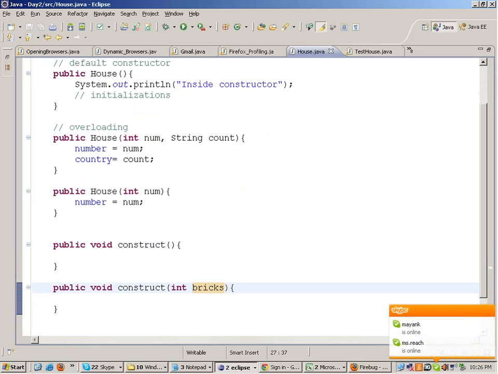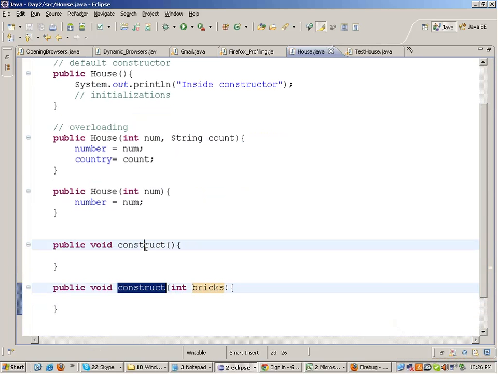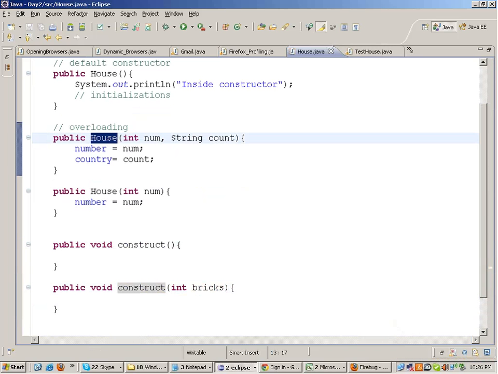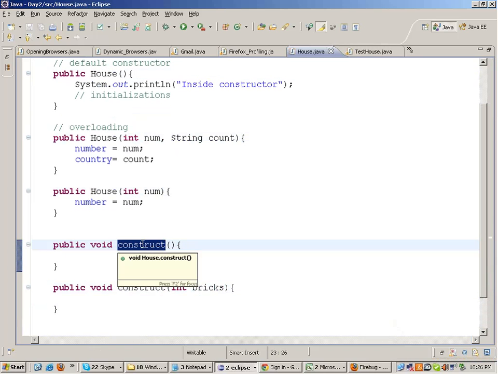So whatever number of bricks you pass on, this house will be constructed with that. So these are two variants of this function. Again, this is known as overloading. The constructors can also be overloaded and the functions can also be overloaded in the class. Right? I think the concept is quite simple, fine.